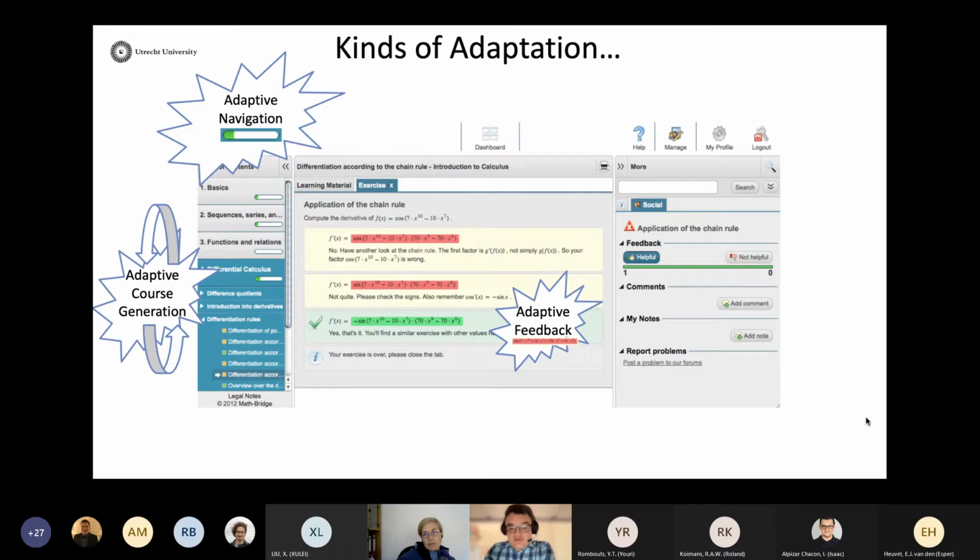And it doesn't mean that all the systems should do all these different technologies, and there are more technologies like this. But in any case, this is basically what the system is trying to do. Now, this particular system is called MassBridge, and it does all these three different technologies. And it can do so because it was built as a collective effort of many researchers who together created a very well-designed database of knowledge components.